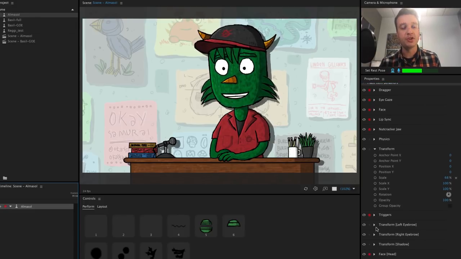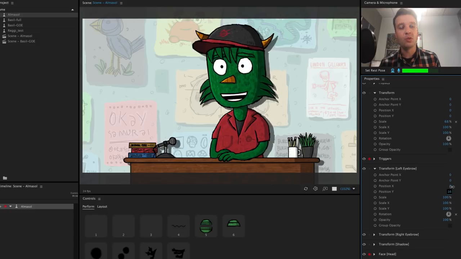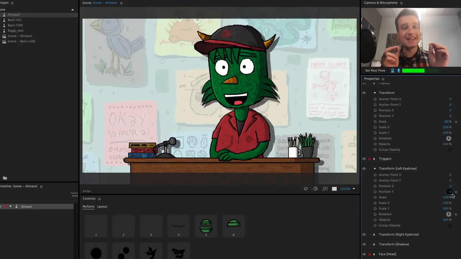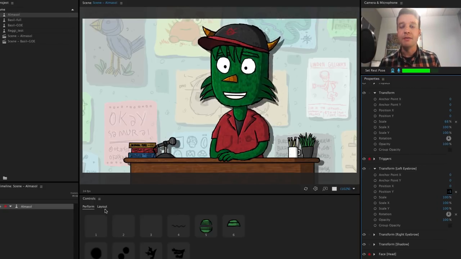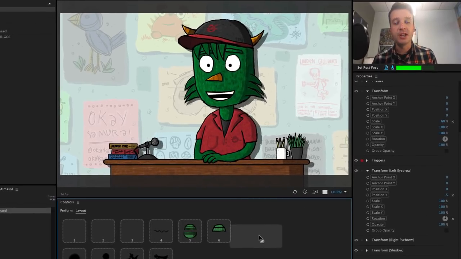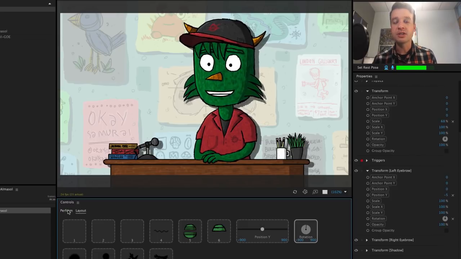So if I went into my new transform things that show up here, now I have the ability to rotate them one at a time or move them up and down by position Y or X. So it's a little more manual, but it allows you to get that precise eyebrow position you want. And even better, you could add these into your layout down here. So if I wanted to change position Y or rotation or anything like that, I could hook these all up,